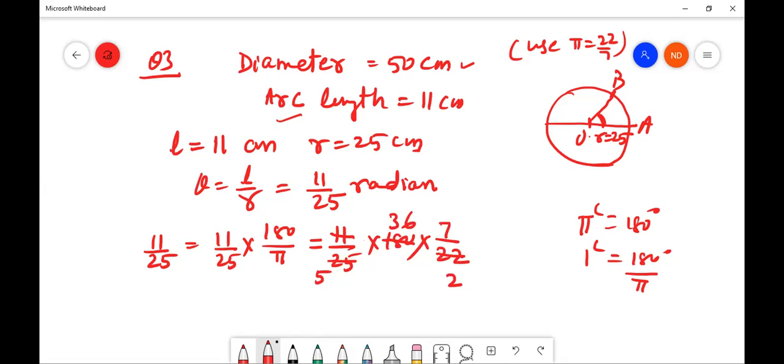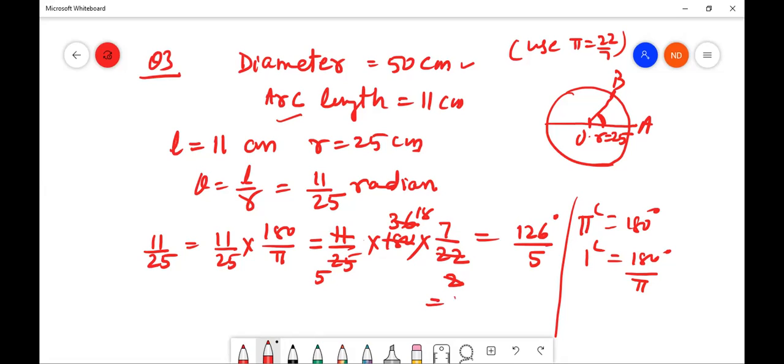So it means you are getting what? Again you can have 36 and 2, 18. So 126 divided by 5 degree. Okay, so 126 by 5 degree means we can take the fractional part,